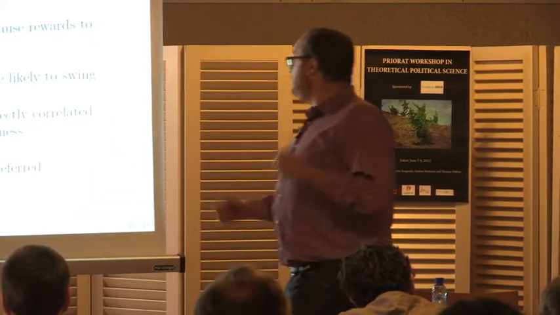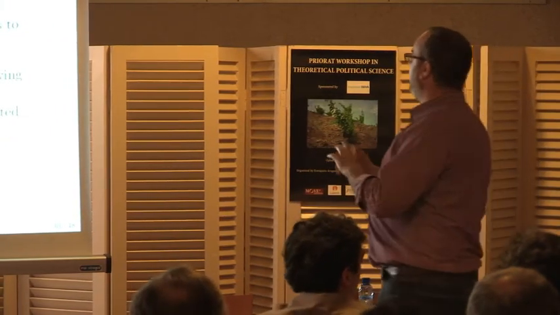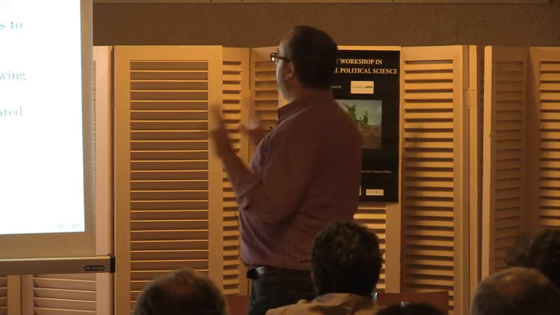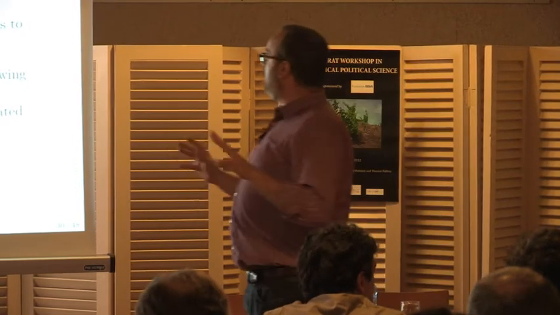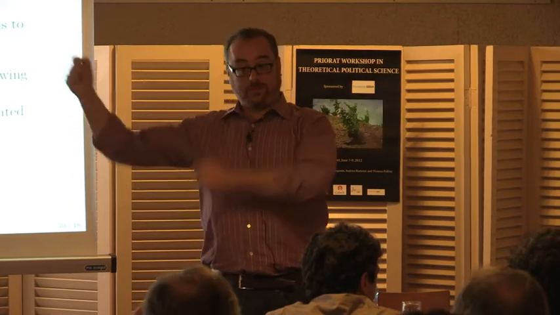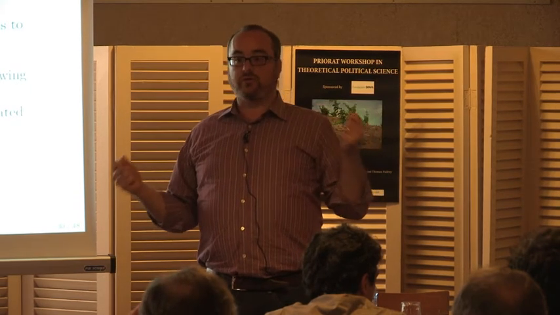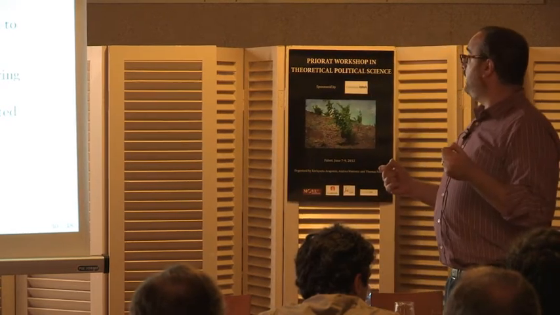Okay? The intuition for equal weights is not quite just the opposite, so I wanted to talk about it. Right? So the intuition for equal weights is this. Total effort is going to be lower under unbundling. And the reason is because you're dividing the rewards to office. We have these separable costs. You're dividing the rewards for office, so you're going to get lower total effort out of the 2 politicians than you would if you bundled them. Right?